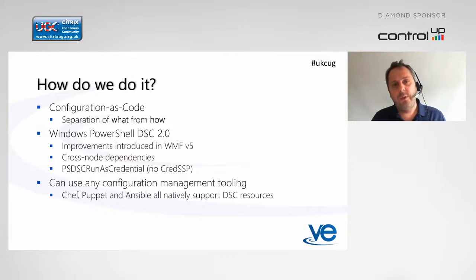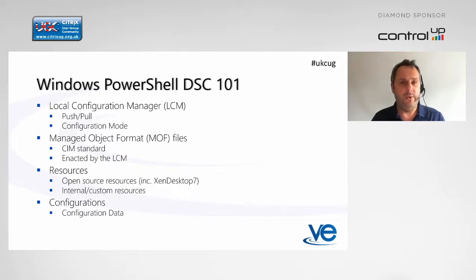So for those people that aren't au fait with PowerShell DSC, I'm going to go through some terminology so that when I show you how we do it, hopefully it's not totally alien to you. At the heart of DSC on the end node basis, so the machines that you want to become a StoreFront server or delivery controller, WMF5 installs a Local Configuration Manager. We configure the LCM, as it's known, and we tell it where it needs to pull any configurations